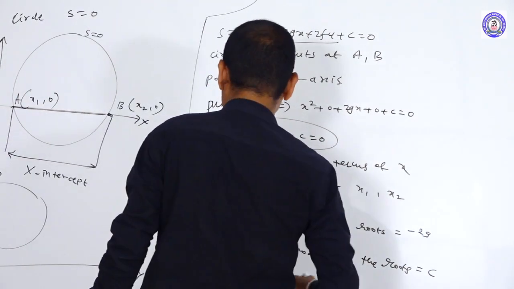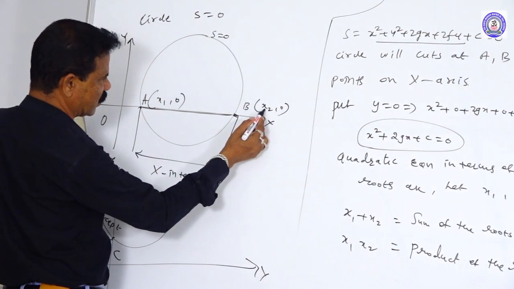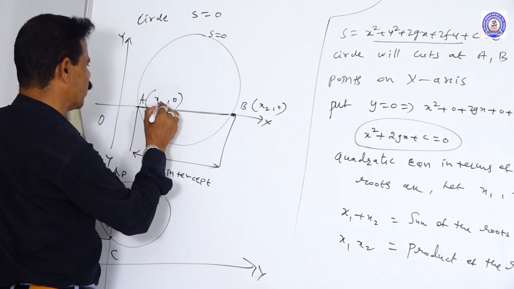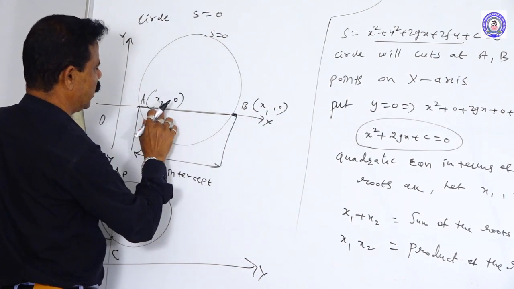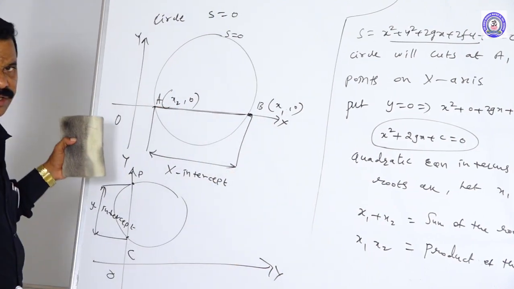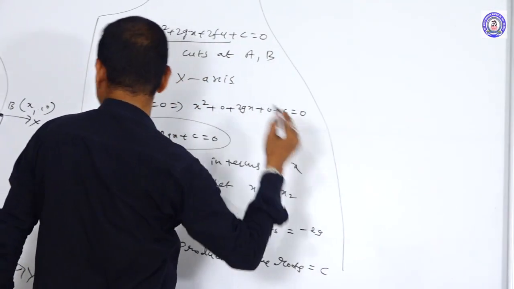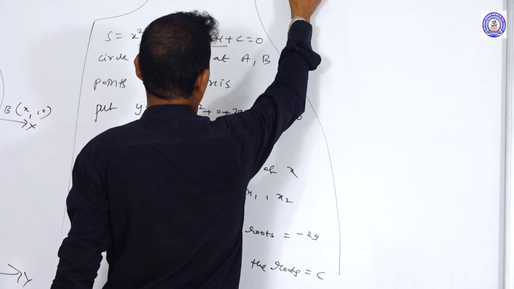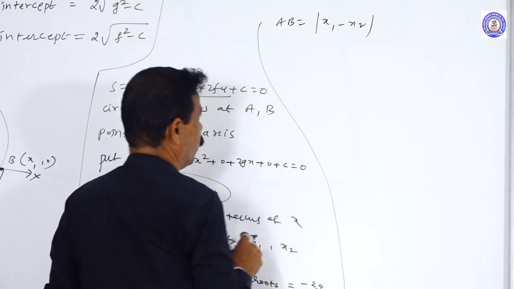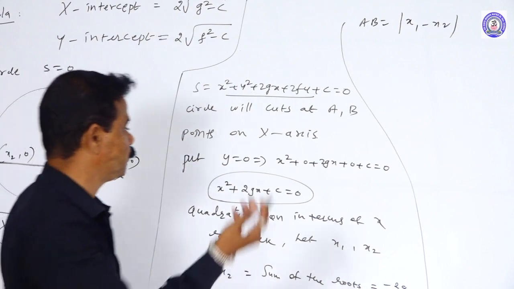From this we find x1 minus x2, otherwise x2 minus x1. This difference: here this is x2, this is x1, otherwise you write here x2, this is x1. Any x2, 0, x1, 0, otherwise it is x1, 0, x2, 0. Any that difference. But AB is equal to the modulus of x1 minus x2. Modulus means plus or minus, x2 minus x1, otherwise x1 minus x2 also.